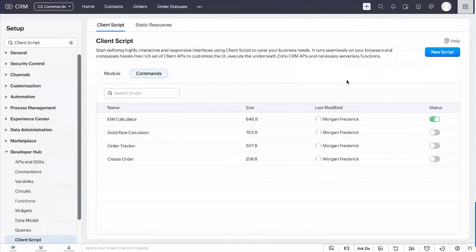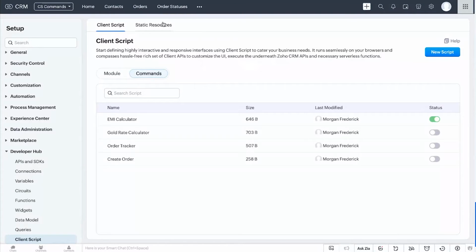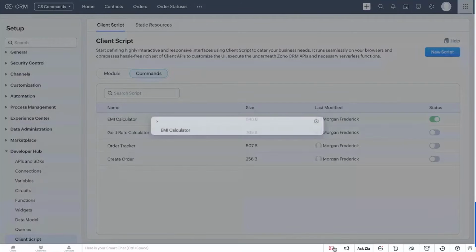So I've just turned this on right now. Let me give this a quick refresh. And like I said, there are two ways in which client script commands can be triggered. One is the palette, and the other is the keyboard shortcuts. So the palette is here on the bottom of the screen, right? So if I,